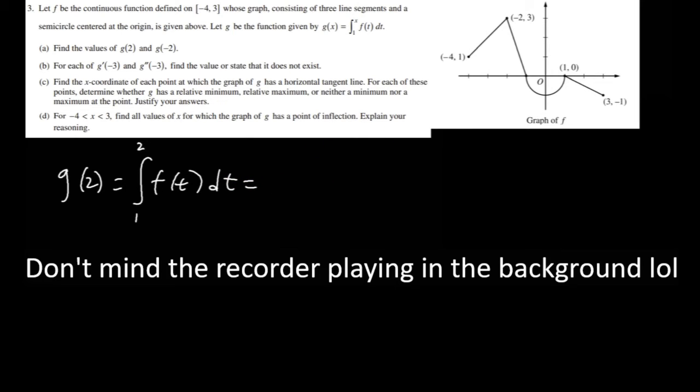Okay, how do we do this? Well, we're just going to take f of t, which is here, and find the area of it from 1 to 2. Okay, so 1 is here, 2 is here. We're going to find this area. Okay, as you can see, it's a triangle, right? So the area of the triangle is going to be the base, which is 1, times the height, which is,